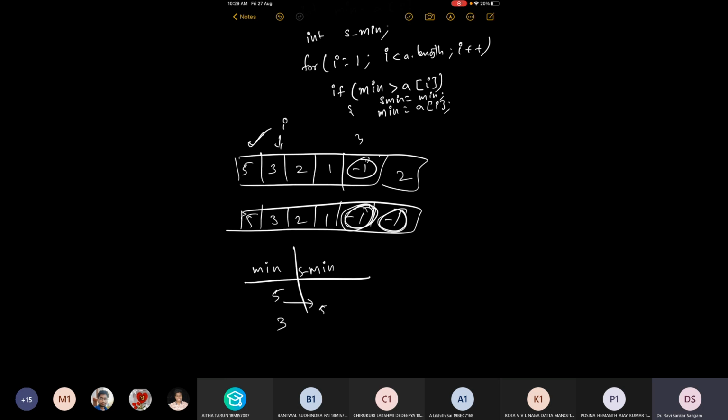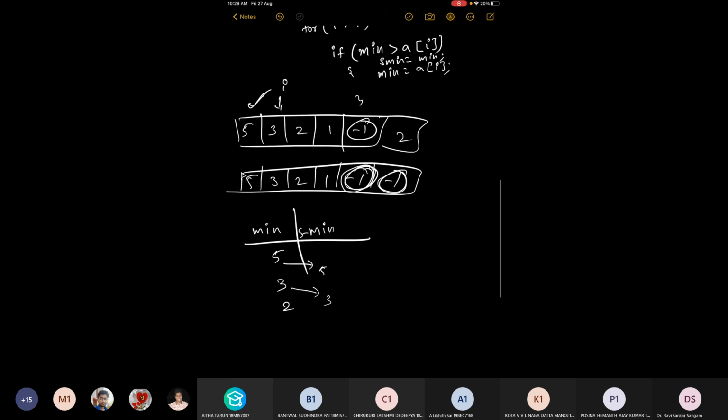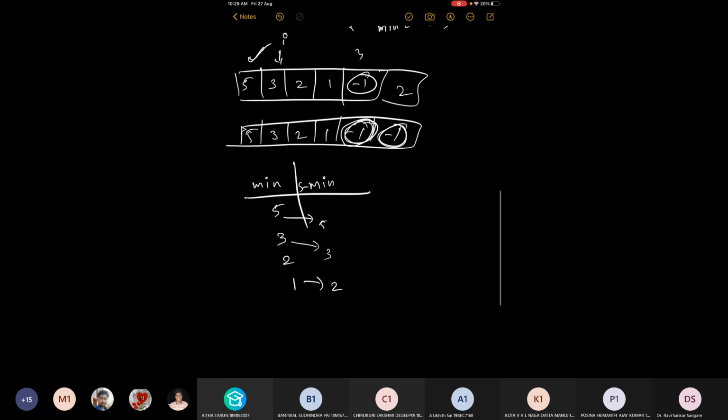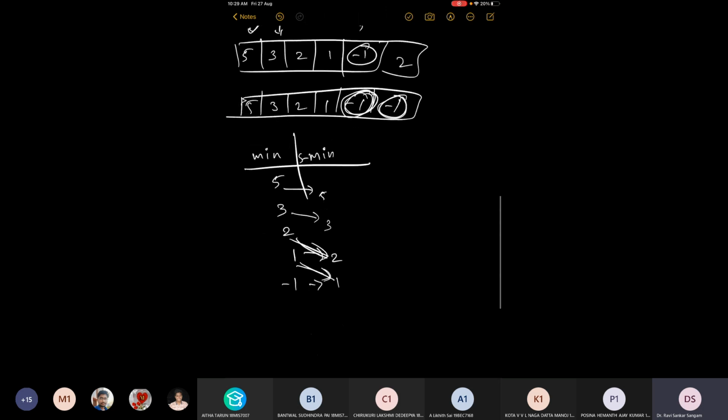I plus plus, now 2, then 1, with the previous minimum becoming second minimum, then minus 1, and again the previous minimum becomes second minimum.